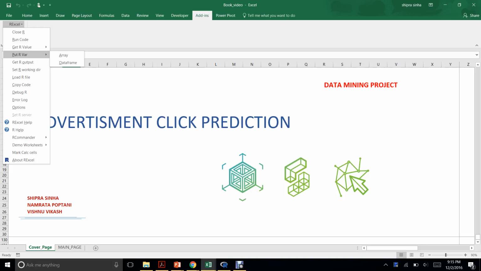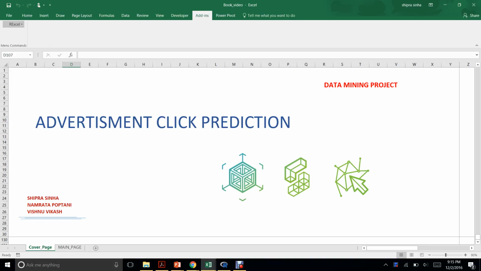We can run code directly using run code, but here we are writing a macro to call R to perform calculation. Since in this project we are using neural network and logistic regression, which take a lot of time to run, I'm going to demonstrate this with an example which is very simple to run.